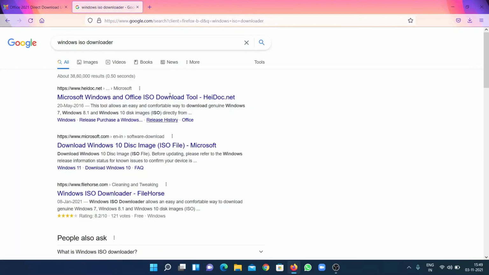This tool also gives you the direct link to download the Office image, but Office 2021 has just been announced or released, so it isn't available currently. Later it will definitely be available on that tool, so you can download it from there also. I'll give the video card about my Windows ISO downloader video. So now I'll close the browser.